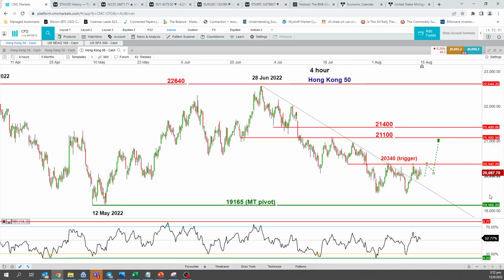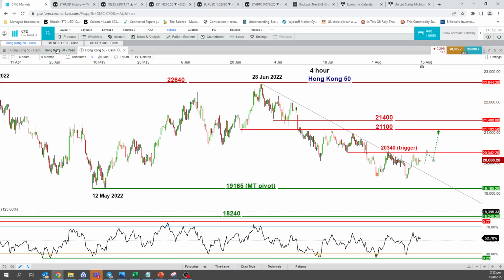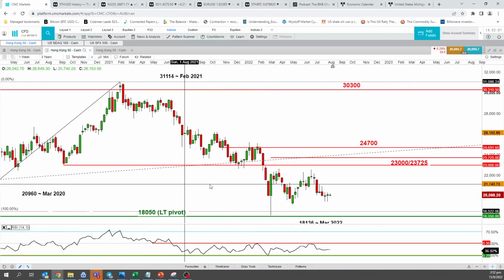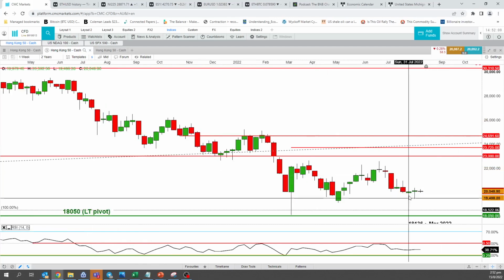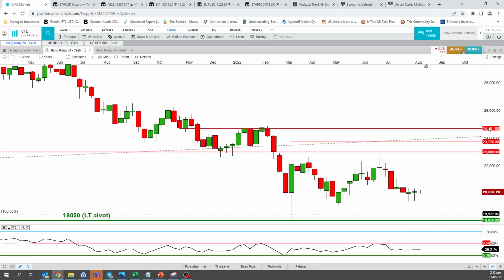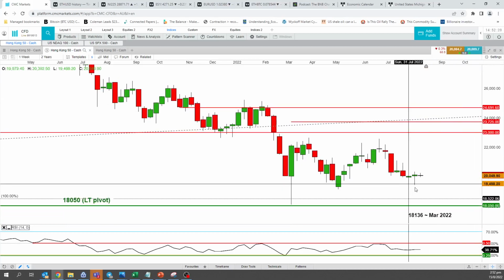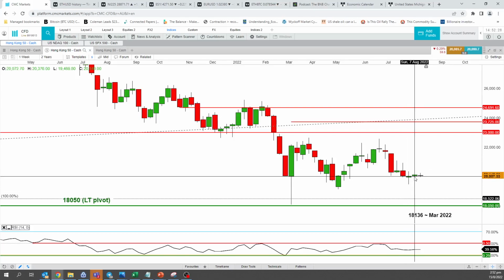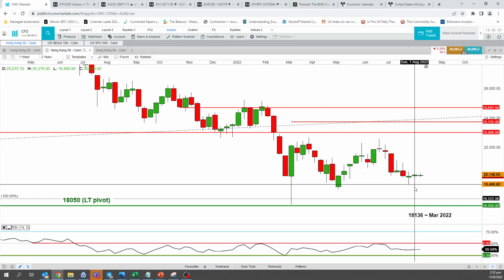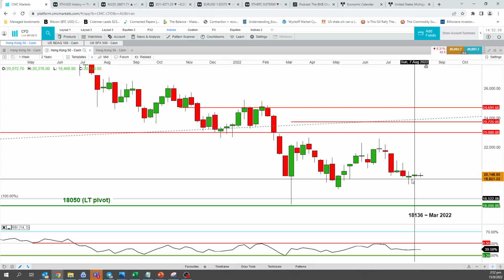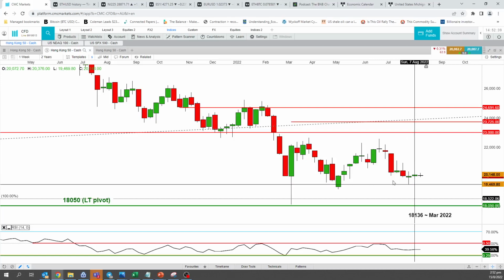And one positive thing I'd like to share with you all is on the weekly chart itself. It started to shape two bullish weekly dragonfly-like doji, bullish dragonfly hammer doji candlesticks. The key significance of these bullish dragonfly weekly candlesticks that we've seen in the prior 2 weeks is that the price action traded much lower, but got hammered out at the low and closed near its open. This indicates that the initial bearish tone has been negated as the week progressed for the last 2 weeks, which is positive in nature.